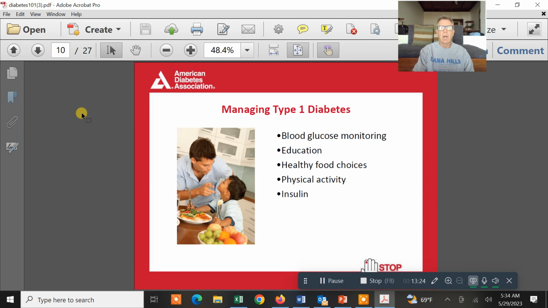So how do you manage type 1 diabetics? You have a glucose monitoring system. Like I said, it used to be a pinprick. You would drop the blood onto the sensor. It would tell you what your blood glucose levels are at that point in time. There's now a more modern technique, a patch put on the skin, where the blood glucose affects the conduction of